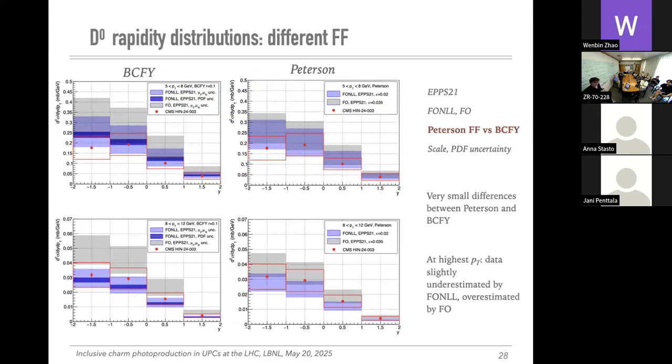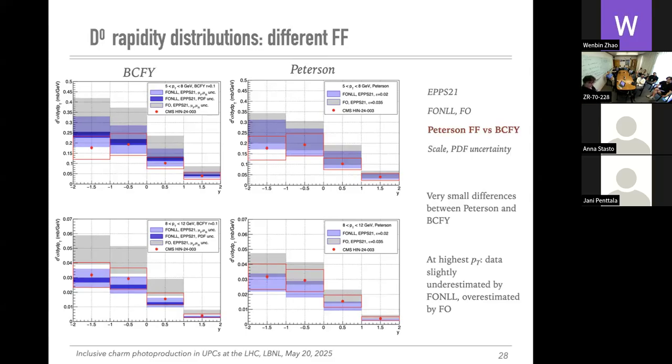Now, here, okay, we didn't play too much with the D0, with the different fragmentation functions, but I have just one plot to show for consistency. So this was shown before with BCFY, but I also used the Peterson. So here, this band is just to be compared with this band. The only difference between this light blue and this light blue is this different fragmentation function, and it seems to be consistent between the